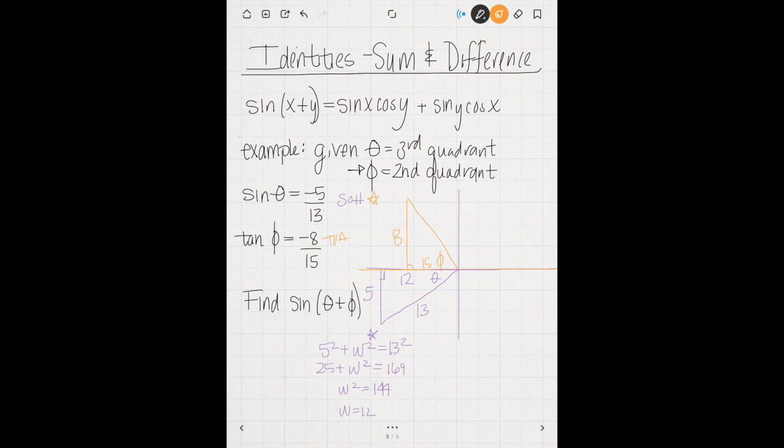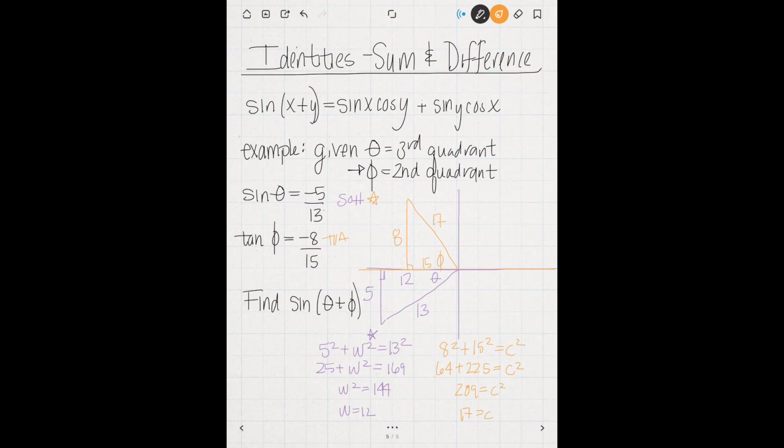So then what we have to do is find this other side right here. Let's call it C. So I'm going to do a quick Pythagorean theorem again. 8 squared plus 15 squared equals C squared. 64 plus 225 is equal to C squared, or 289 is equal to C squared. So that means that my C value is equal to 17. Okay, so now I have two right triangles and I have all the information that I need in order to